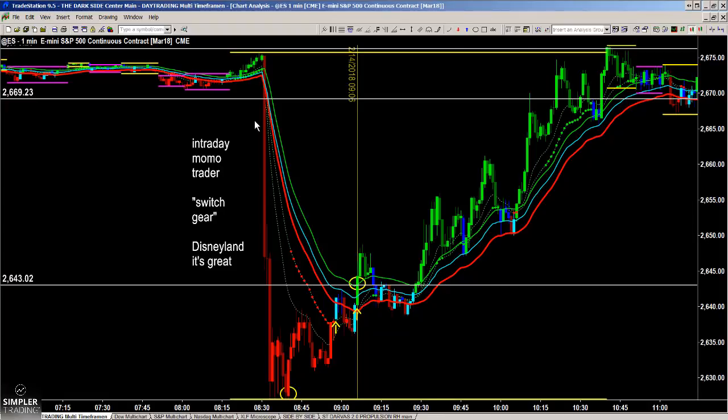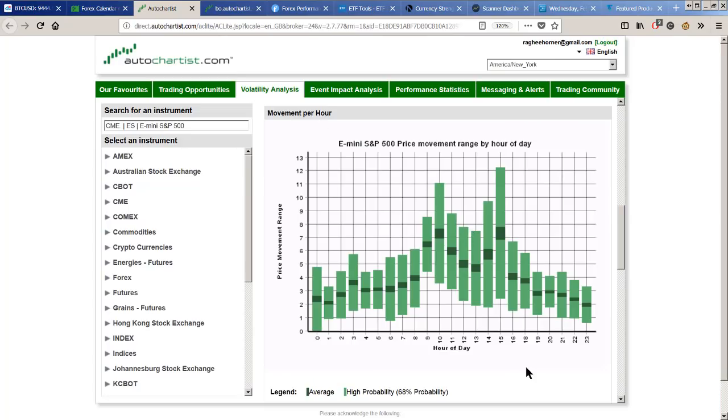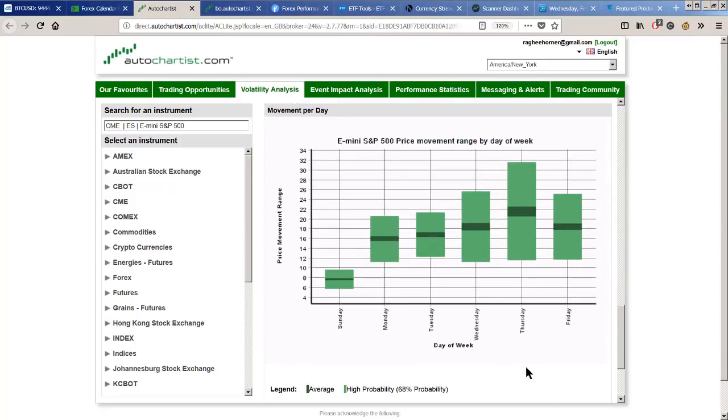Your normal price movement range for the ES contract, the E-mini S&P 500, is nowhere near that. In fact, your typical hourly price movement range is approximately, I'm going to show you right now, about 9 to 12 points, and your typical daily price movement range is upwards of 32. We blew that out of the water in 180 seconds, not a full session, in just 180 seconds. So that shows you still how full tilt this market is, but it's not untradeable if you start